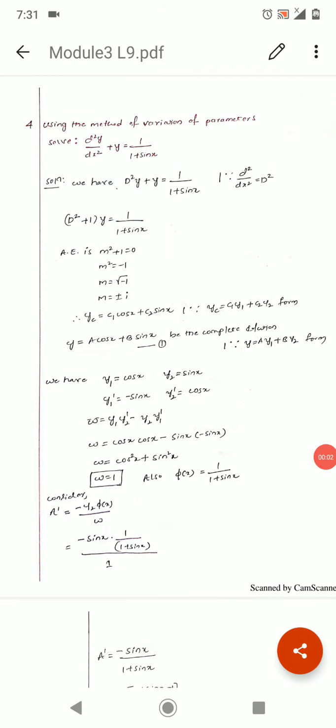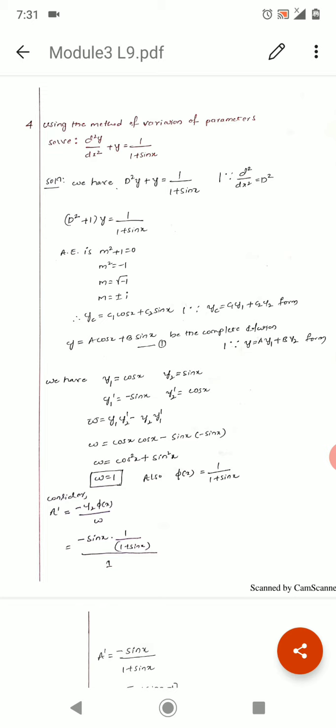Next problem we have d²y/dx² + y = 1/(1 + sin x). By writing this in the standard form, that is f(D)y = φ(x), this will become (D² + 1)y = 1/(1 + sin x). Therefore, the auxiliary equation is m² + 1 = 0,